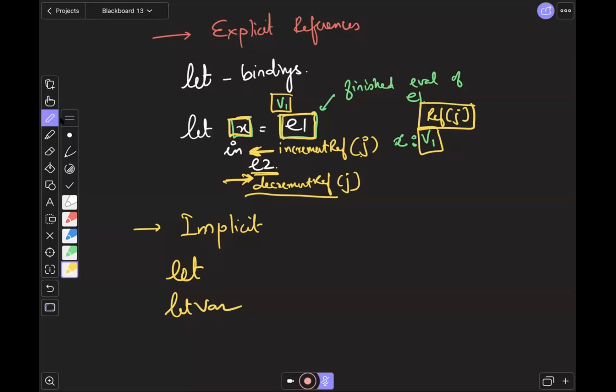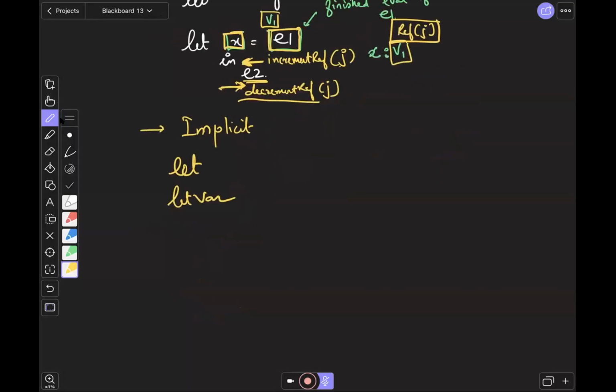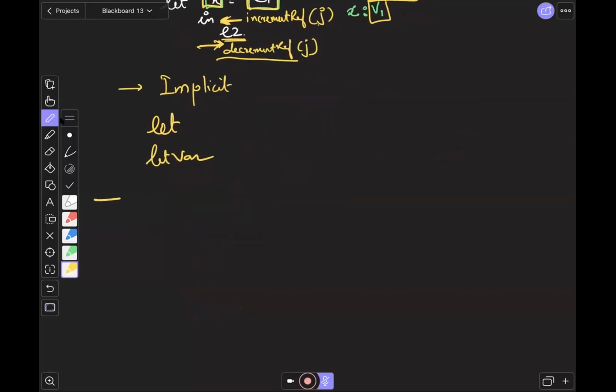So since the store itself keeps track of internal references from one cell to another cell, and takes care of all of that, this basically is it, right? This is all you need to do to have reference counting. Of course, in the absence of functions. In the presence of functions,